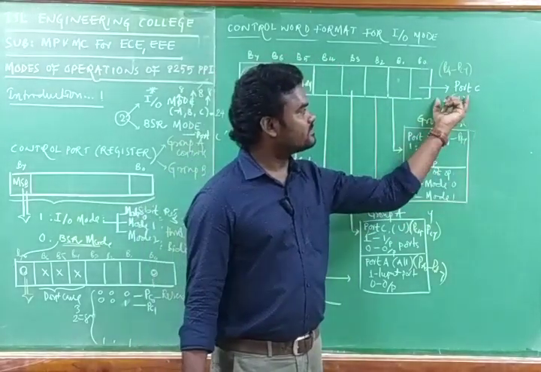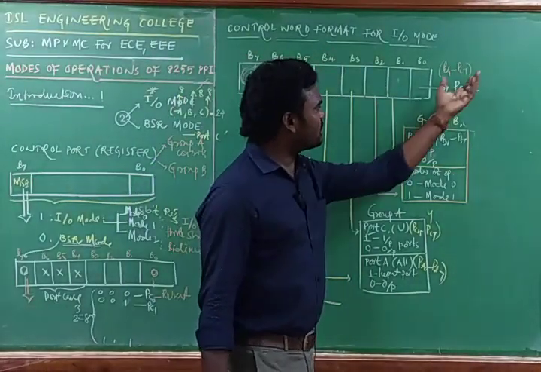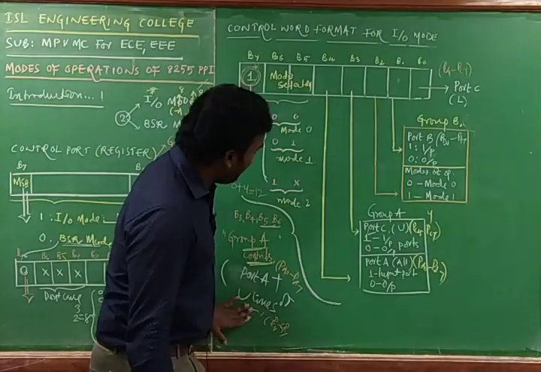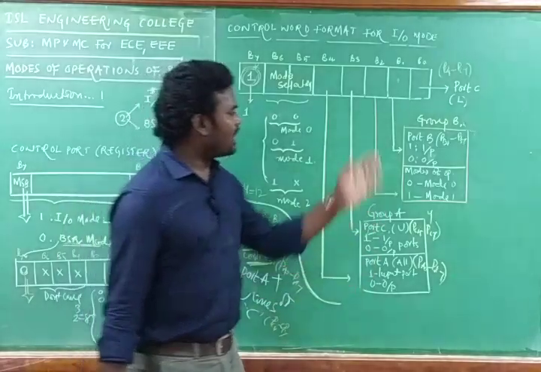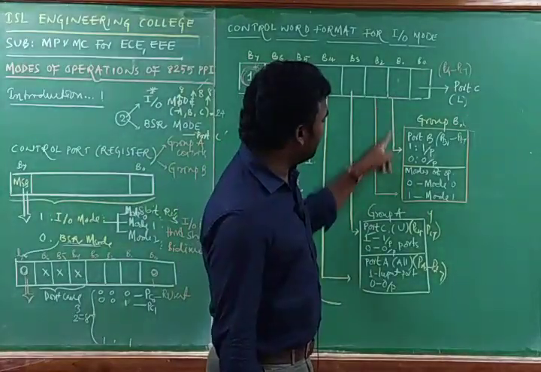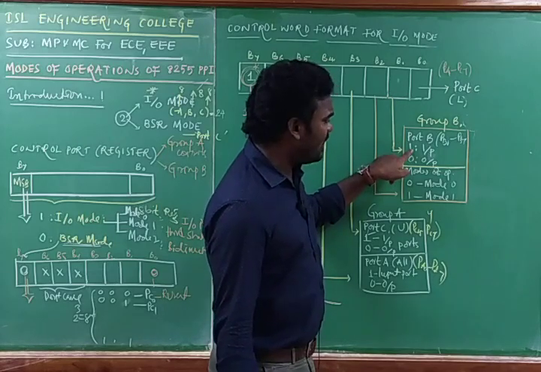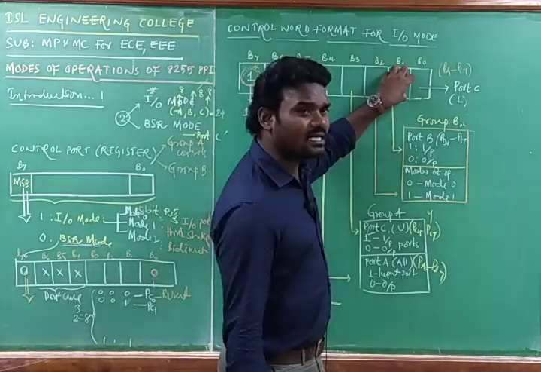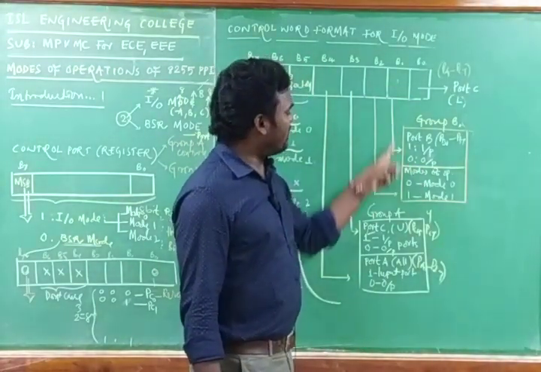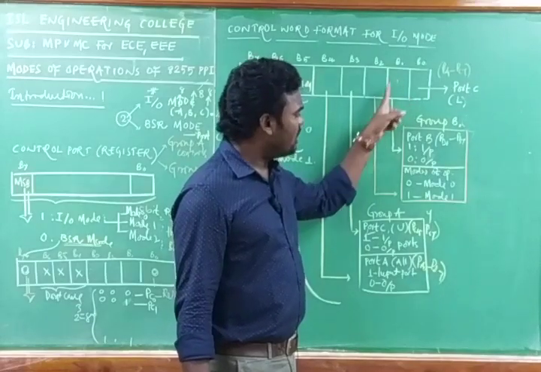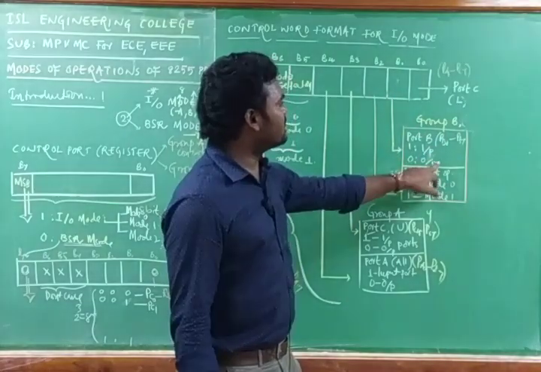signal. See this one. Port A is completed, and with these, port C is also completed. We are left with only port B, and that port B is defined by this bit, B1. Whenever B1 is programmed to 1, all the port B signals, that is PB0 to PB7, act as input signals, and whenever this is programmed to 0, then the same port B signals, PB0 to PB7, act as output signals.